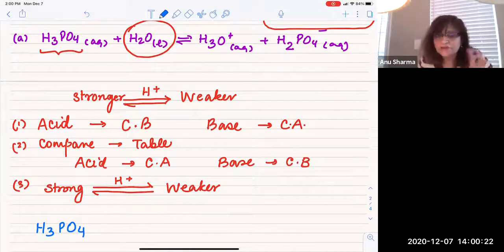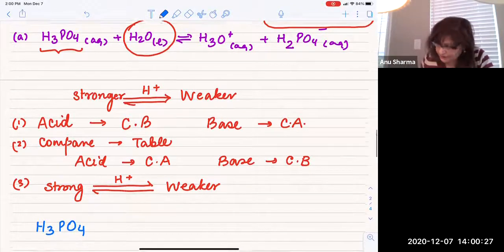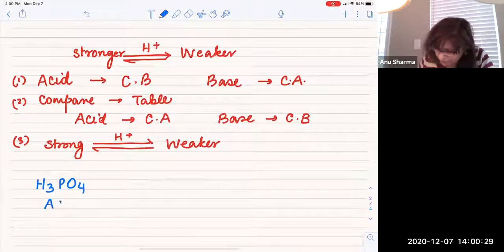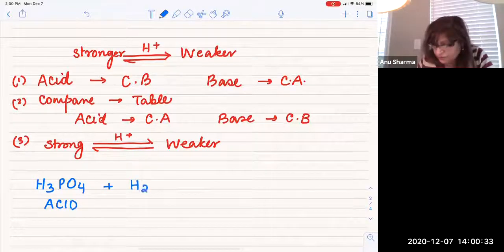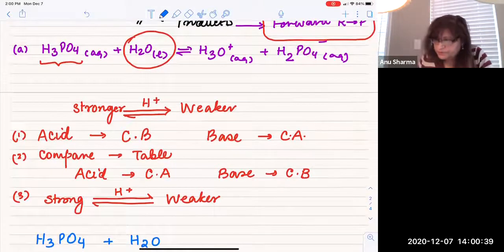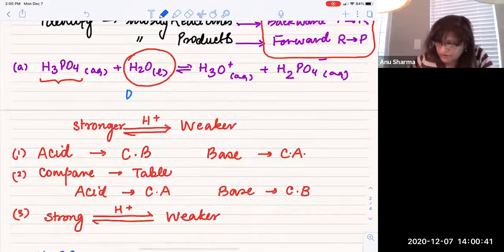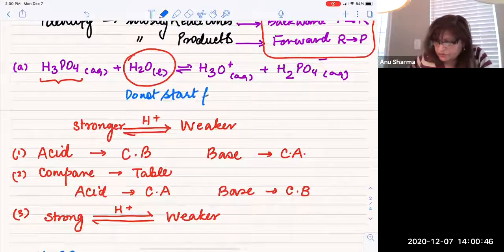What is H3PO4 to you? It's an acid. Right? So if H3PO4 is acting as an acid, then the water will have to act as a base. That's why I'm saying, pay very close attention: do not start from here. Do not start from water,